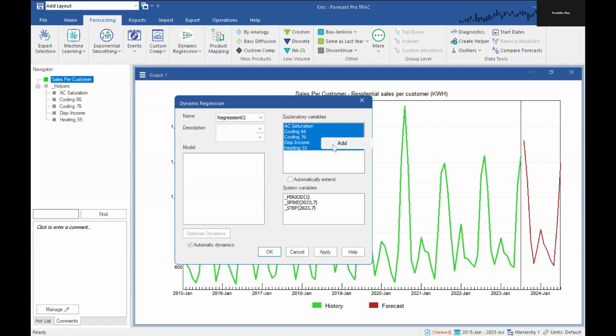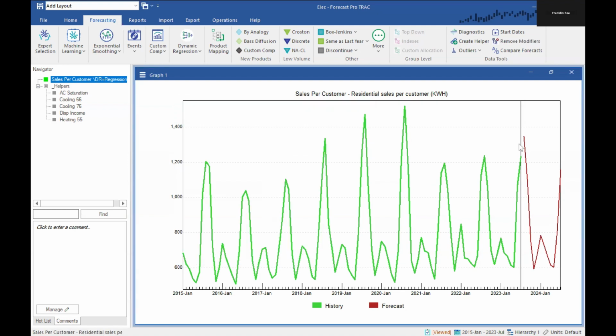Selecting all of these, I can just add them to the model, and now that they're all part of the model, we can click OK. And if you'd like, you can look at the red forecast here and see how much it changes when I apply this regression model. Well, it changed a little bit. Visually, yes, but the overall pattern, maybe not so much. So we wonder, what is the upshot here? How much are we improving the forecast of electric power demand